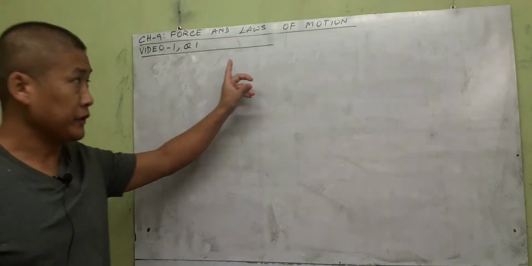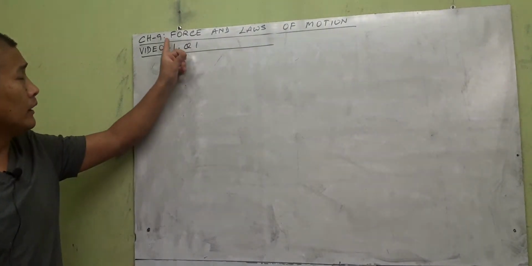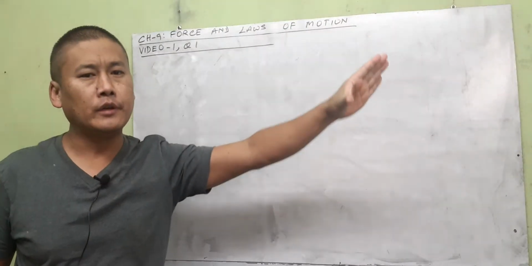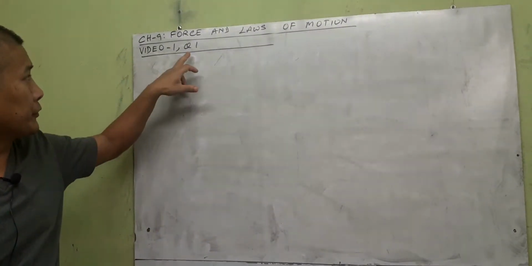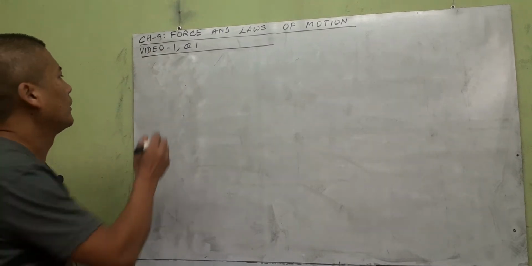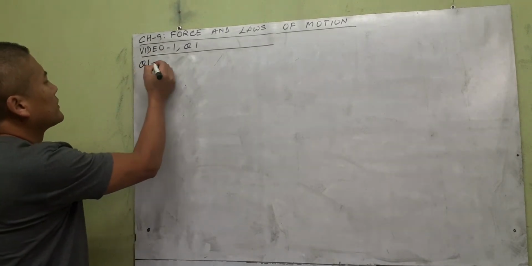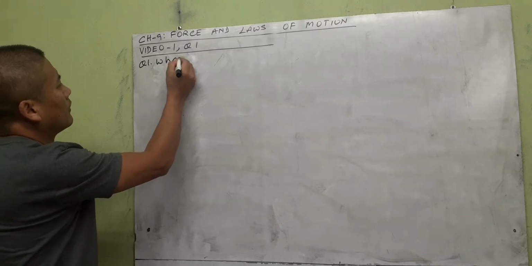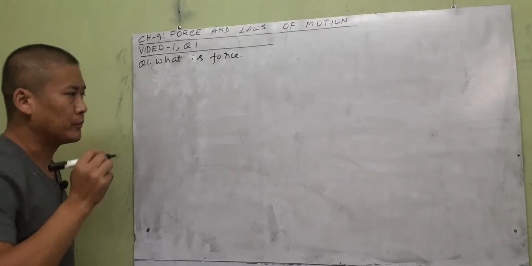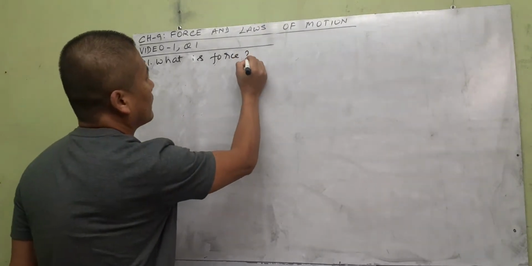Okay, so today we start a new chapter in class 9. That is your chapter 9, force and laws of motion. So we'll start with question 1 on your tuition note, and then we'll see how much we can do. For the first question, obviously, it is: what is force? Write on your tuition copy and listen to this.